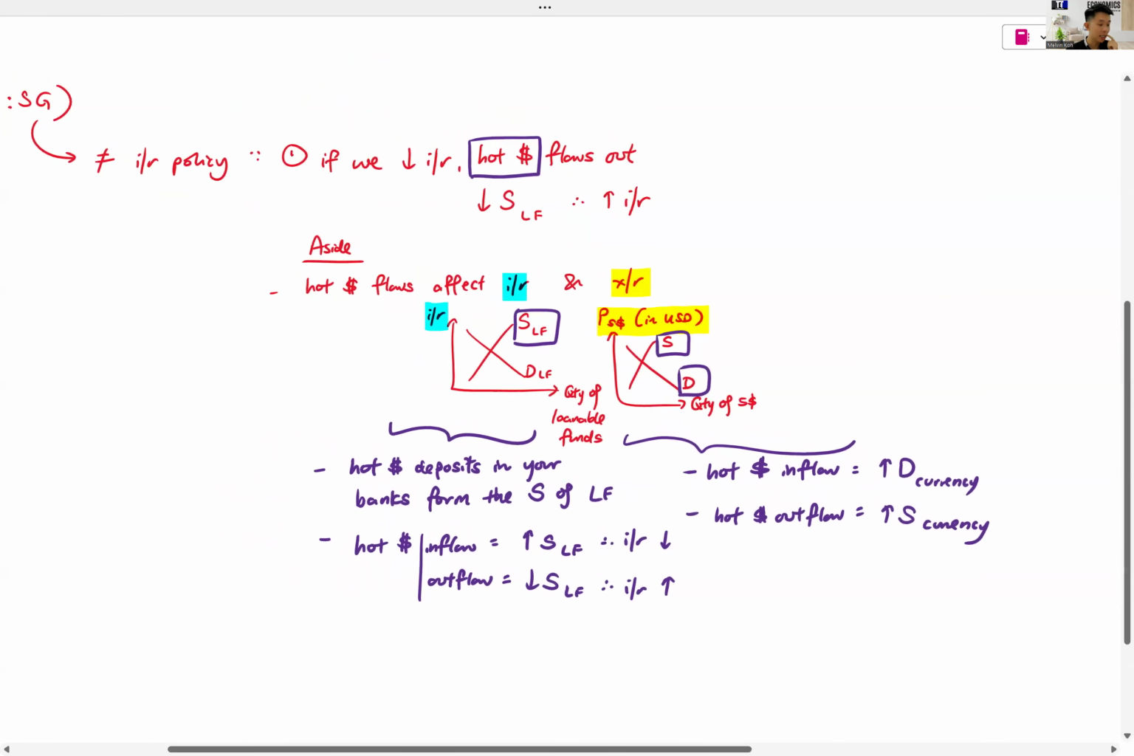So yes, as Nanya, as you mentioned, this is the first reason why we don't use an interest rate policy, right? Because the change will not have any impact